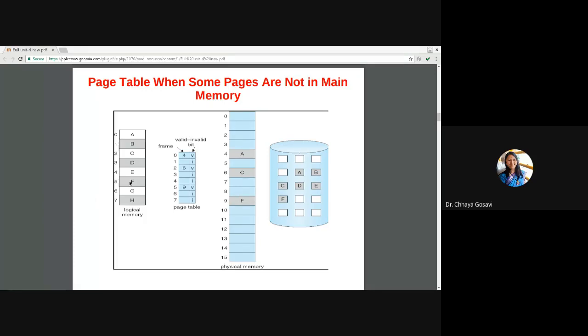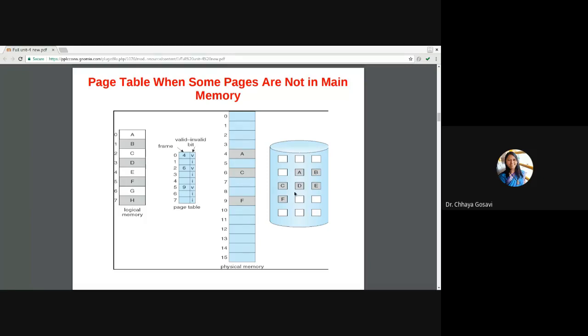Page number F means page number 5, which is loaded in frame number 9. When we remove this page from the frame to backstore, this frame doesn't have any page. So for page number 5, make this entry invalid, and remove this 9 from the page table.